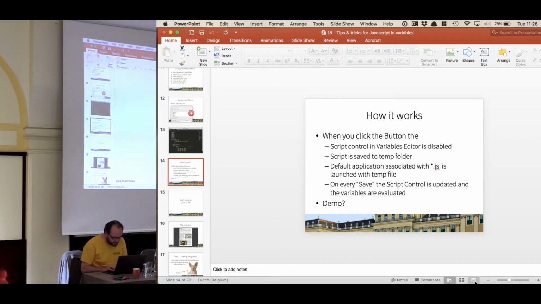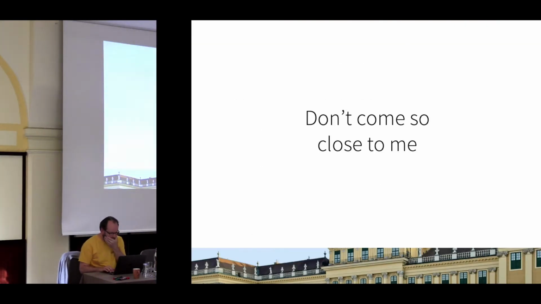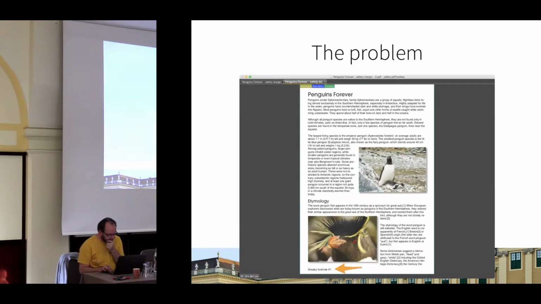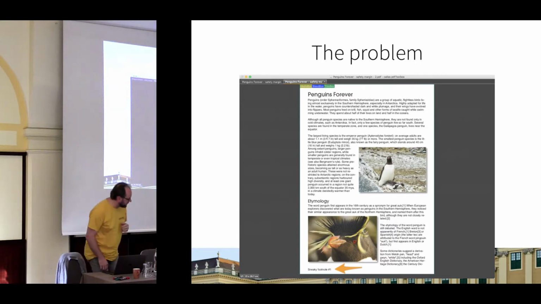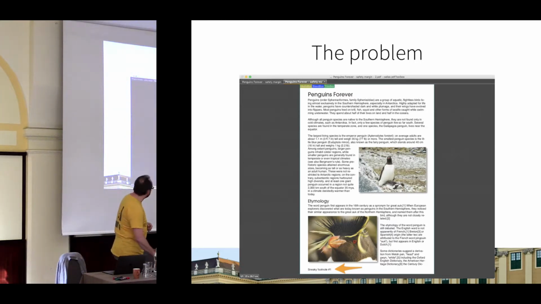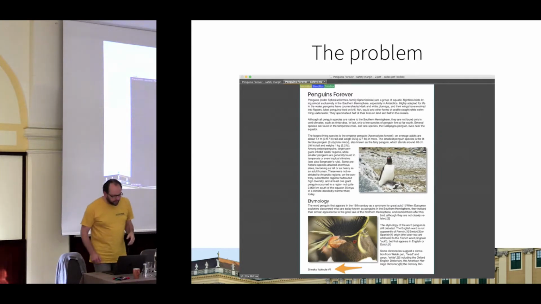So, one other example, something that we've actually gotten a number of times as a question is, how can you look at a document and make sure that there is nothing too close to an edge of the page? And you can do this using